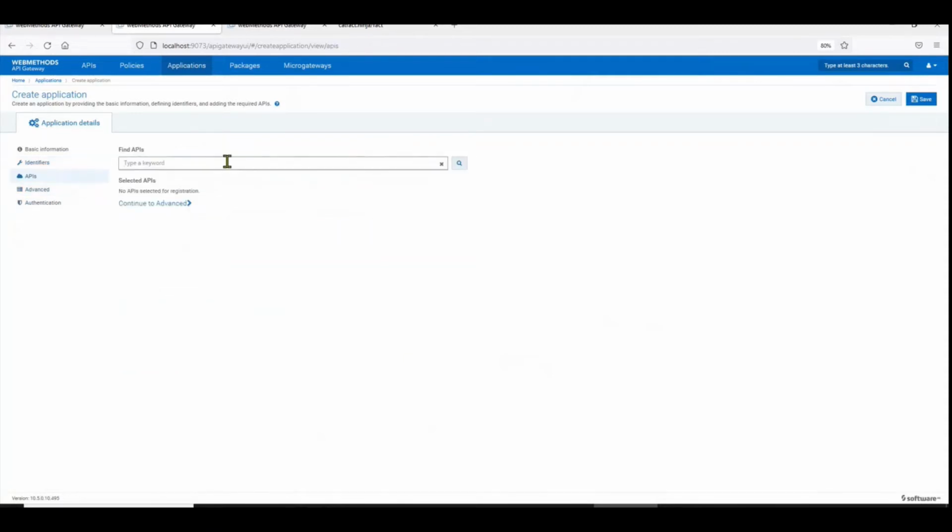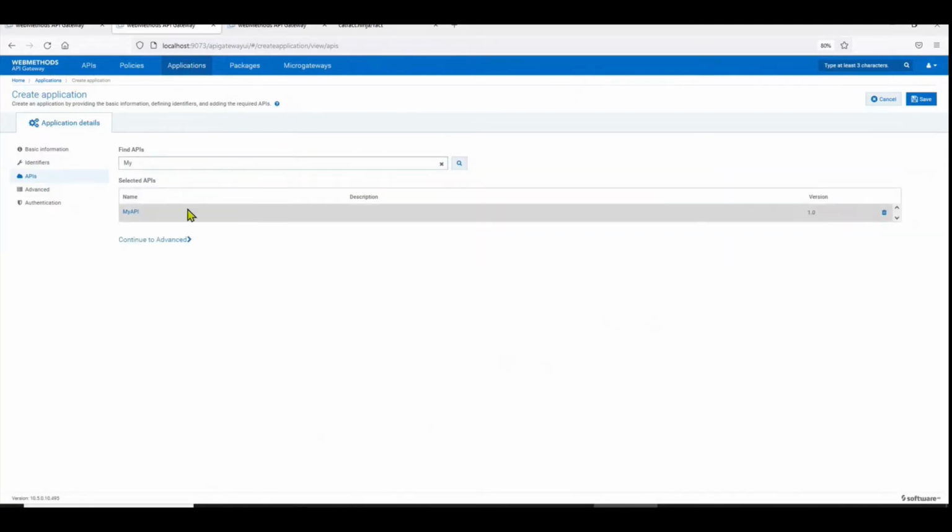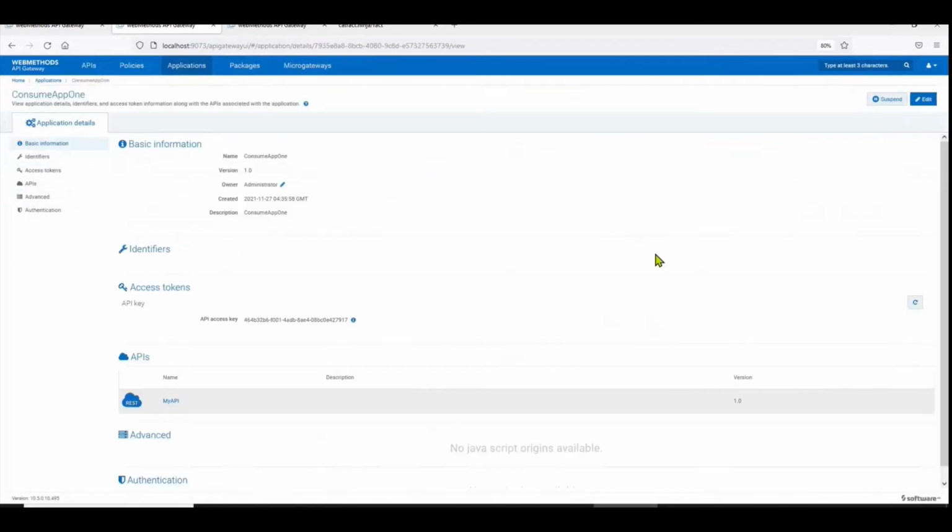So let's first of all move to the APIs. Let's try to find our API. Our API name was called My API, and you have now added this API into this application. Let's save the application. This is basically an equivalent of a service account or a system user to identify your API, and your API key is this. Now, when you send the request to your API, you need to pass the API key in this header, X-Gateway-API-Key. I'm just going to copy this for now because we'll be needing this later in Postman.